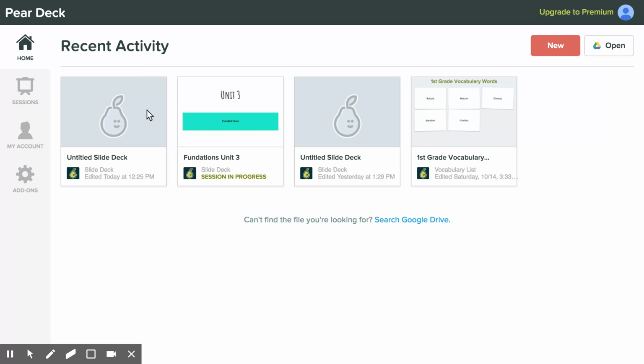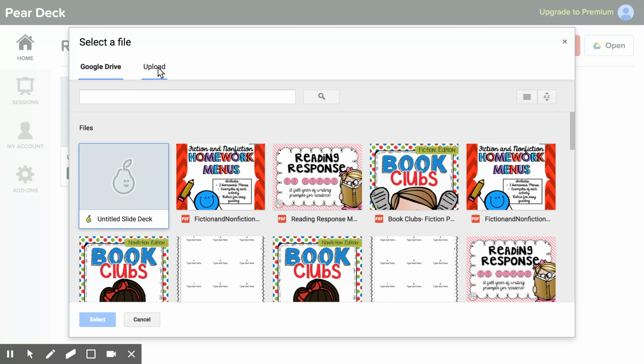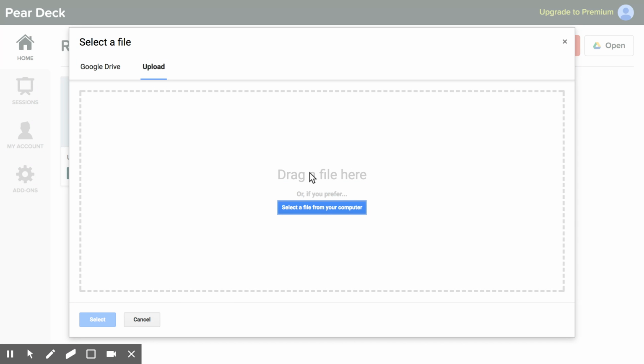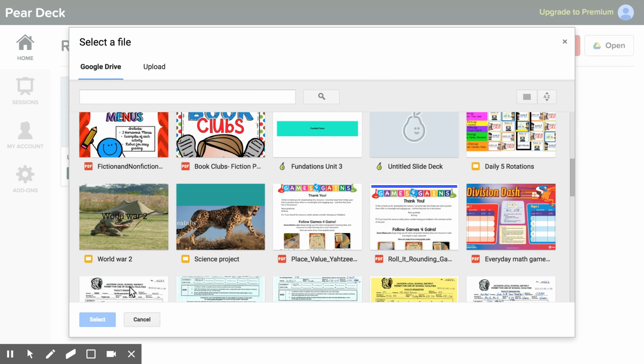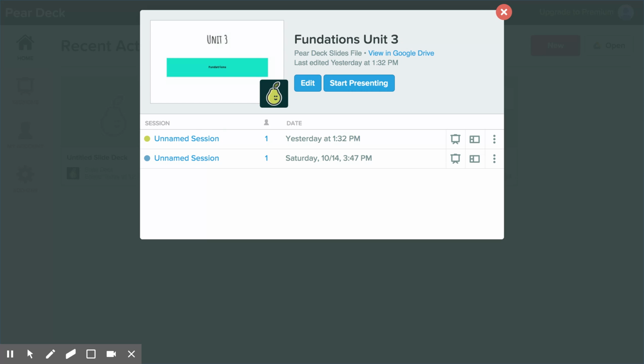Okay, now that we've logged in, you'll see that it has recent activity, and I've already started a few Pear Decks. You can do a couple different things. You can click on Open in your Drive, and you can look at what's in your Google Drive and choose to upload if you've already created a presentation, if you'd like, or you can click here and click which one you would like. But for time's sake, I'm going to go ahead and just click on one that I've already